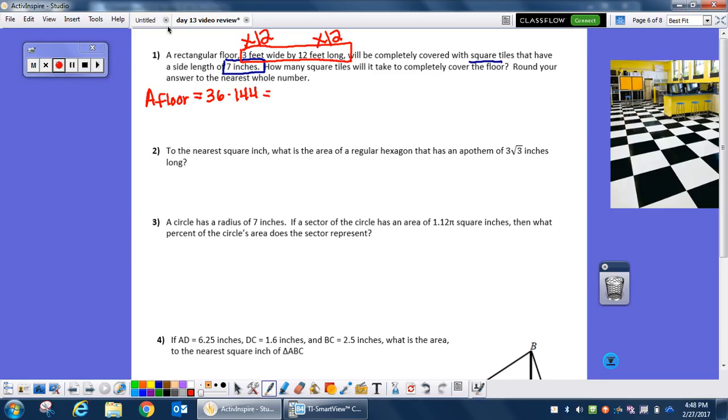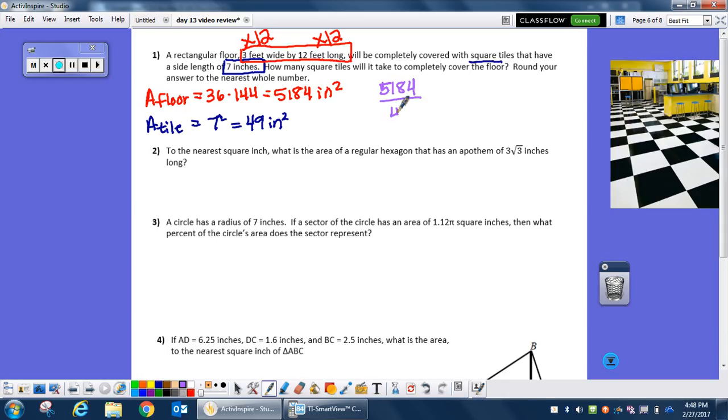So that gives us a total area of 36 times 144, 5,184 inches squared. Okay, so then you would come over and do your tiles. The tile is a square, so you could do s squared, or 7 times 7, which equals 49 inches squared. And it says to round our answer to the nearest whole number. So those are our first 2 steps, and then you're going to come over here and do the total floor area